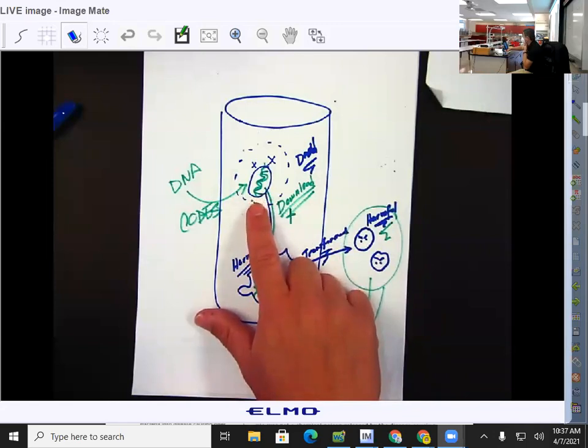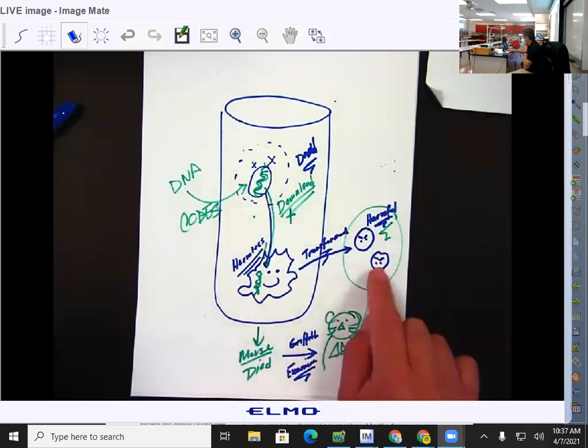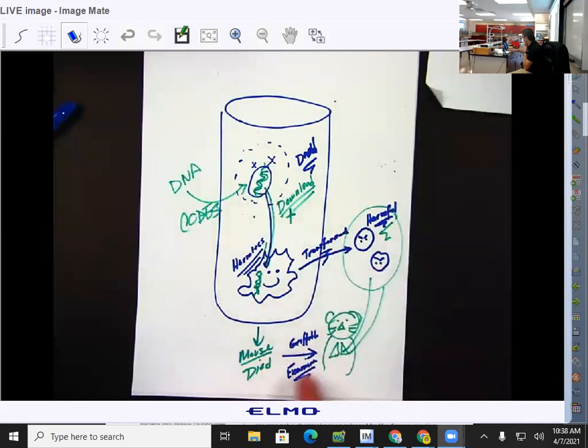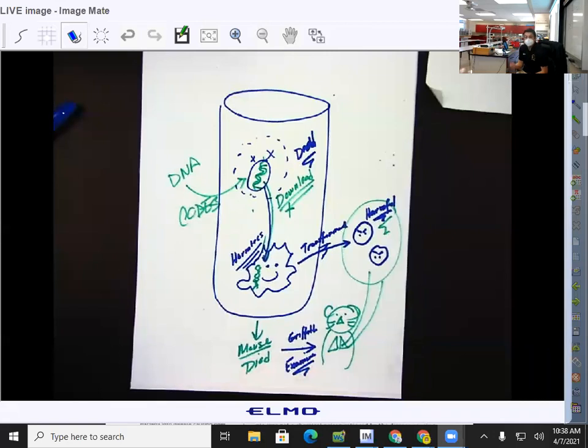Exactly, from the dead, harmful bacteria. And when it downloaded it, it transformed this harmless bacteria into harmful bacteria. And so that way, when it got injected, that's why the mice died. Because the harmless bacteria